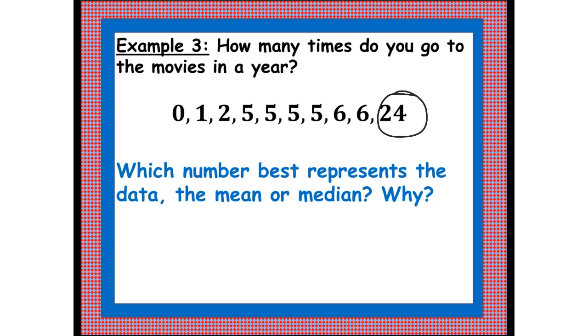That means it is an outlier. And because I have an outlier, I want to use the median, okay? Because my mean would be thrown off because that number is so large, okay? So the median,